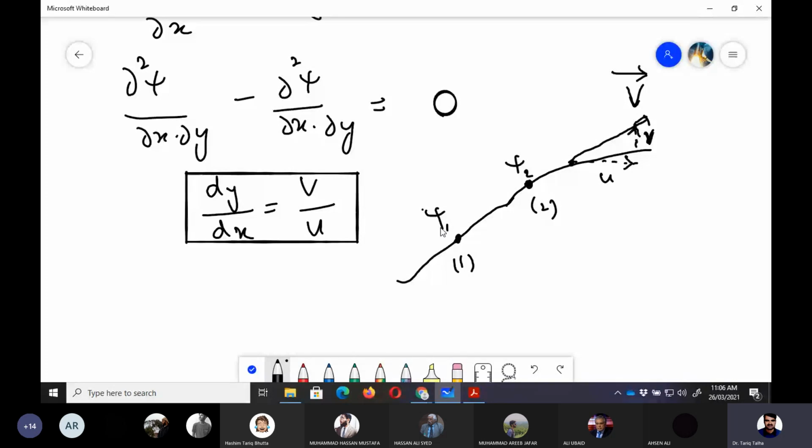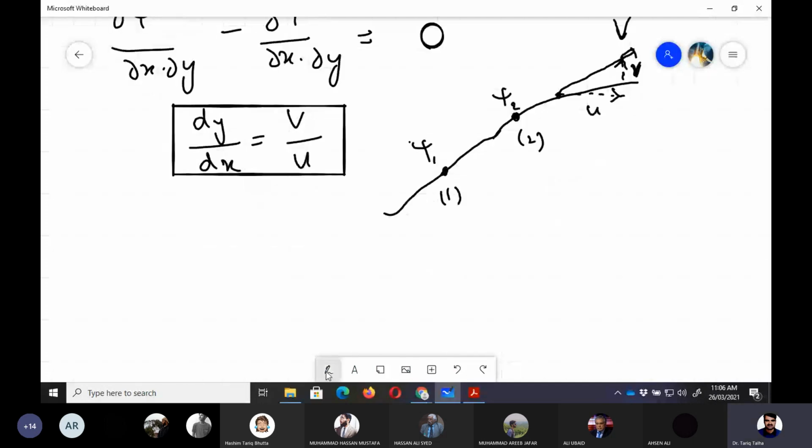If we want to know the change of stream function value between these 2 points, we can write it in this form, psi2 minus psi1,